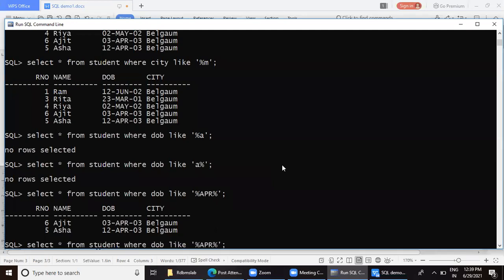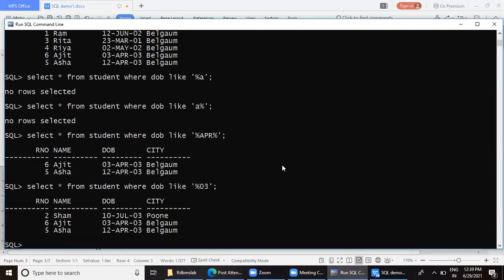Same query, it should end with 03. So percentage and then 03. It will give me the details of those students who are born in the year 2003. The date may be anything, the month may be anything, but the year it will match. Is it clear? Yes, ma'am.